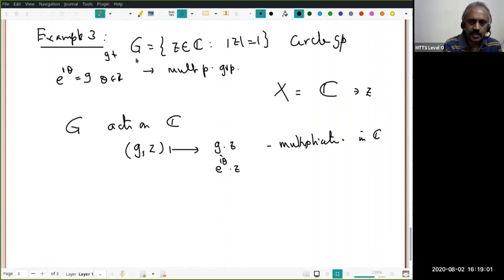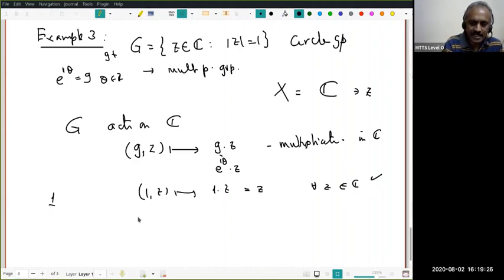Now, what is the multiplicative identity for the circle group? It's the constant 1. Are all of you sure about that? Good. Therefore, where will 1 and z go to? It will go to 1 dot z. Since 1 is the multiplicative identity in the complex field, this is the same as z. This is for every z in C. So the first condition is true.